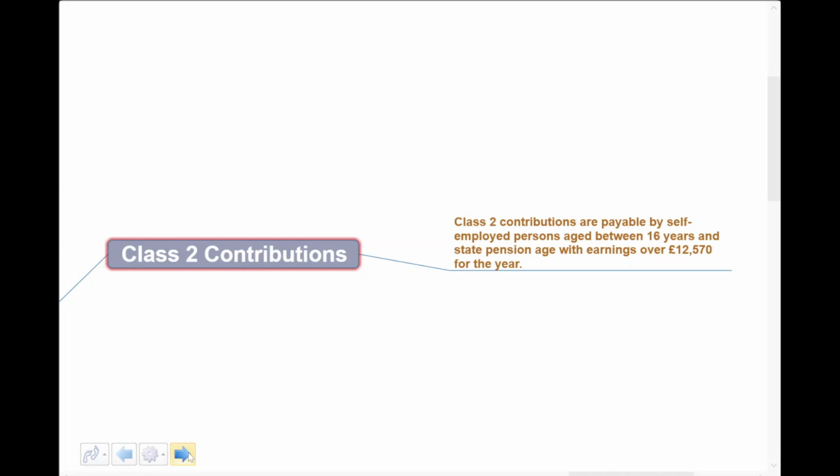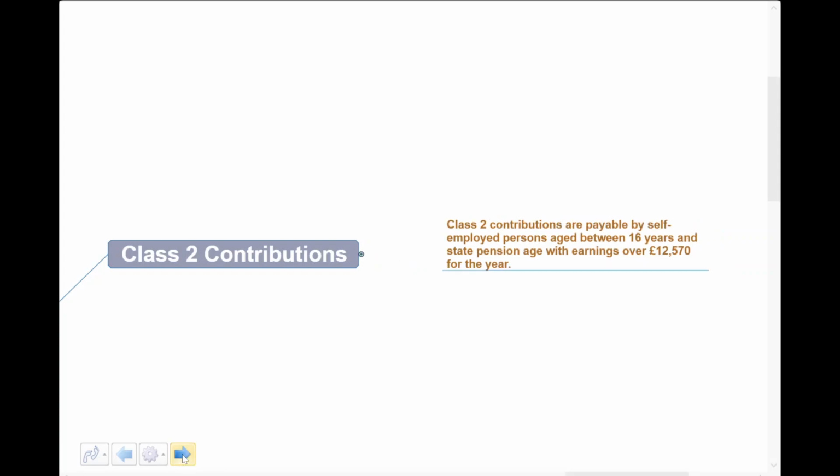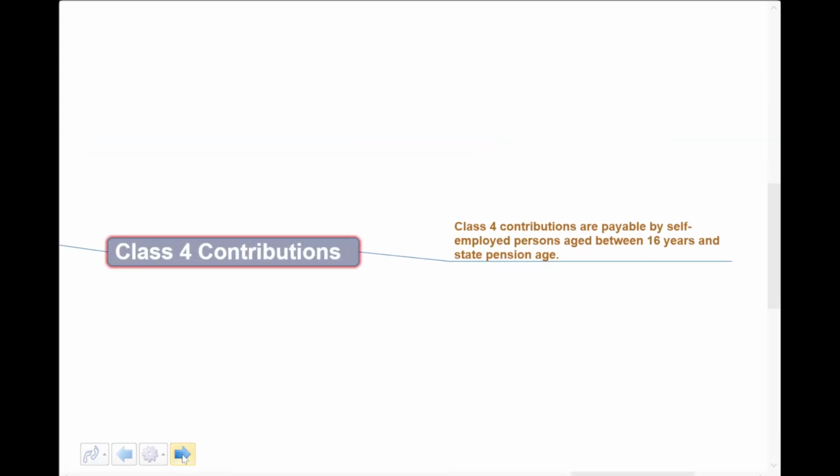So let's deal with class 2 first. Basically, payable by the self-employed between 16 years old and state pension age with earnings over these levels. Note that in terms of the numbers that are relevant, in other words, the bands, the limits, etc., it's all in the tables. We don't need to memorize this stuff at all. So that's class 2. Outside of that, class 4, again, 16 and up, payable by all individuals who are registered